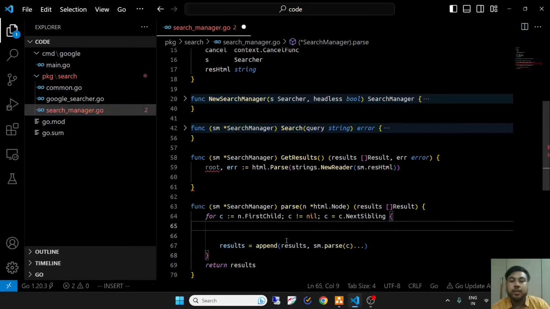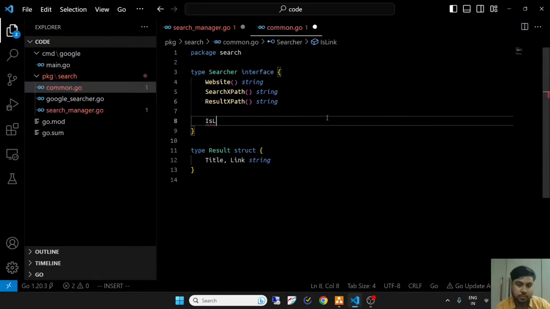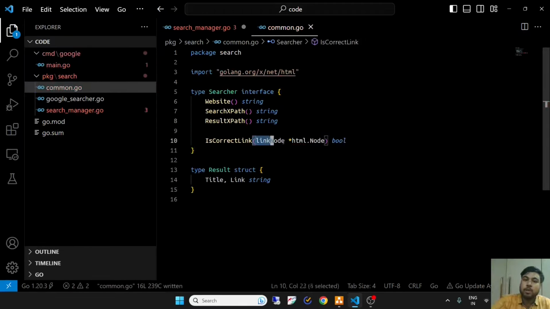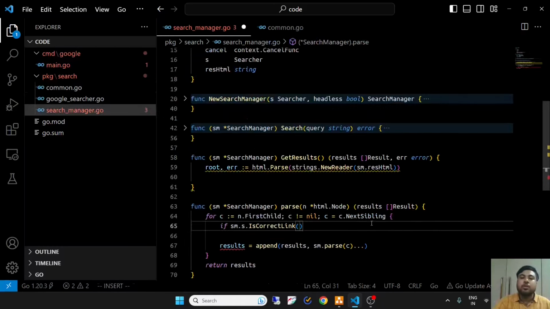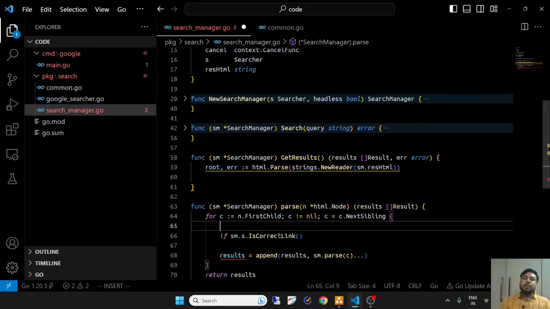Okay, so here we need a way to find out if a link is a valid link or not. That means, is it the link which contains the actual result and the title? For that we need a function which will be provided by the searcher interface. Each searcher struct would provide us with an isCorrectLink function that will take in an HTML node and provide us with a Boolean value. One thing with the HTML node is that the attributes it gives are in the form of a list.